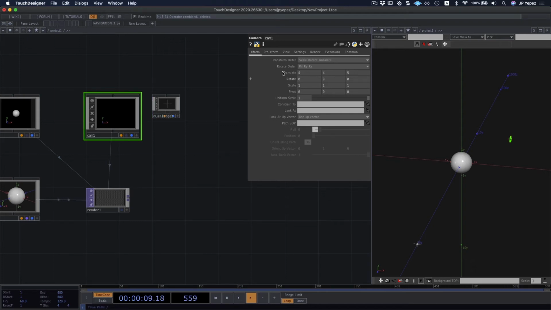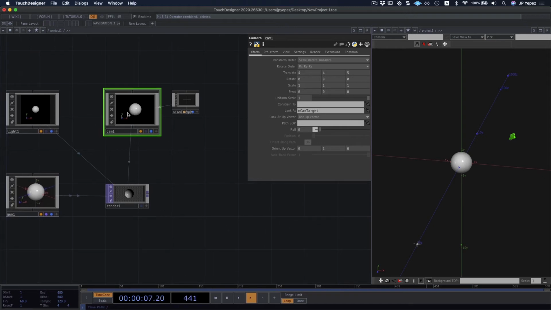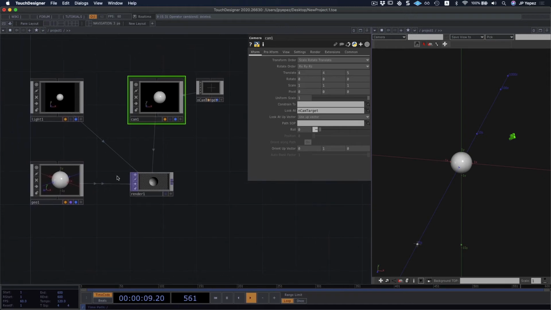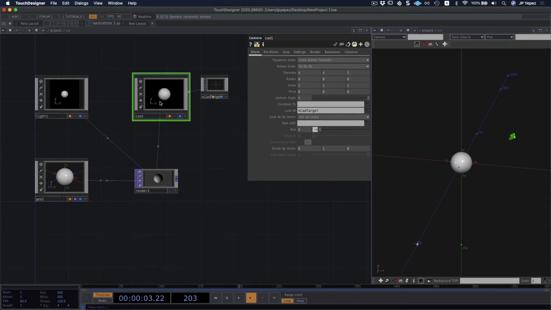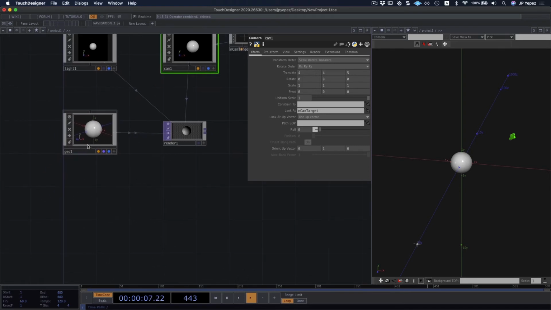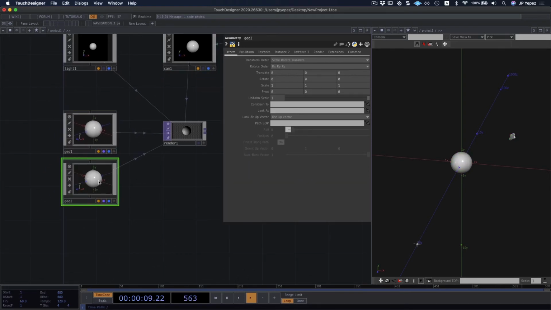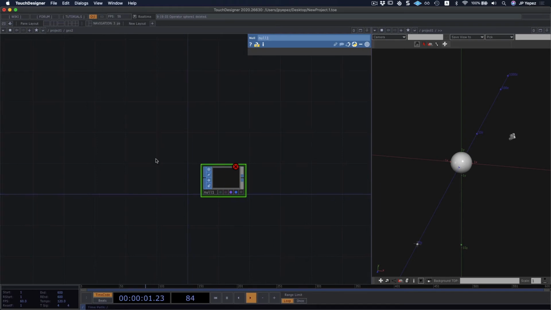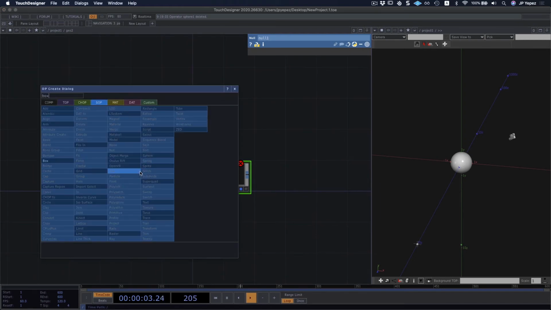If you take a closer look at my camera COMP, I can use the look at field to set the camera's target. And again, I can see my camera right there. Maybe it's a bit hard to really know the difference between my camera and, well, having moved it because I'm looking at a sphere. But let's say I'm going to duplicate this geo, and I'm going to replace the sphere with a box.